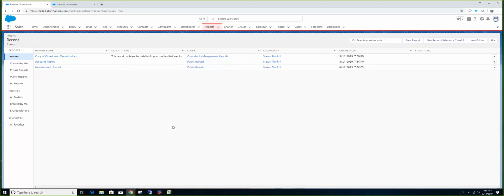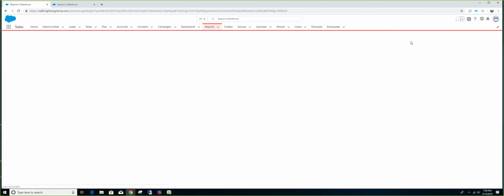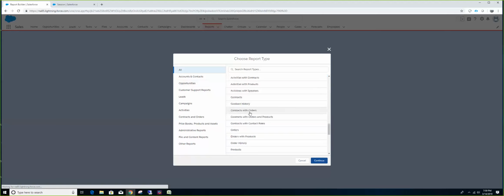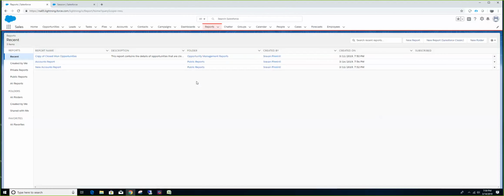So what is meant by a standard report type? Whenever an object is created and you enable reports, you will automatically be able to choose that report type and create the report. If you do not enable the reports, the report type will not appear there, and hence you will not be able to create a report off of it. But for standard objects, that field is not controllable, so reporting is automatically enabled for all the general standard objects that you see.